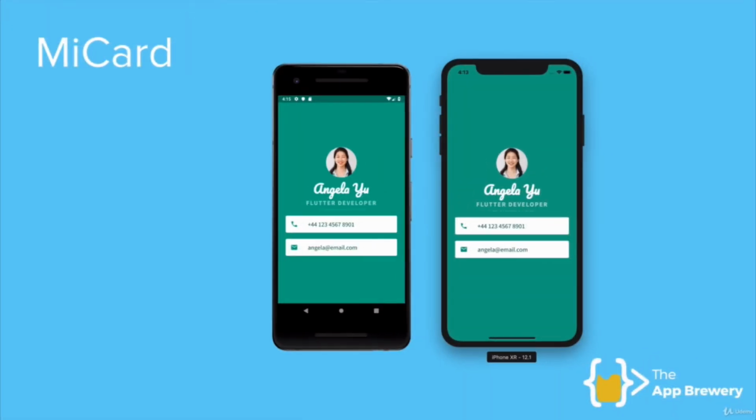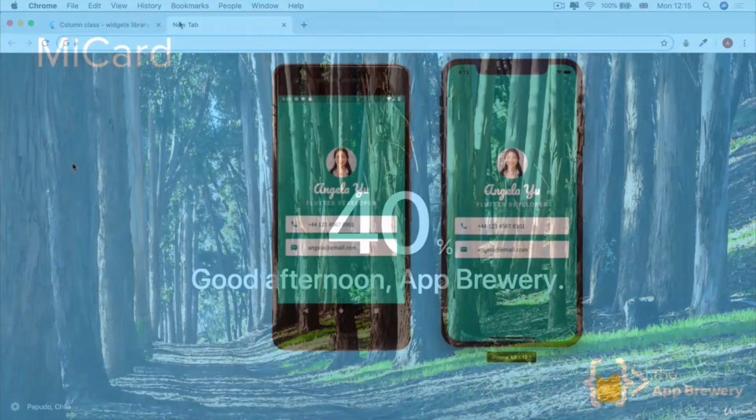Now, in the original mockup of our design, we wanted to have a nice fancy font for the part where we display our name. Now, how do we add a custom font to our project? Well, the first part is, of course, downloading and getting hold of a font. And the easiest way of doing that is simply heading to